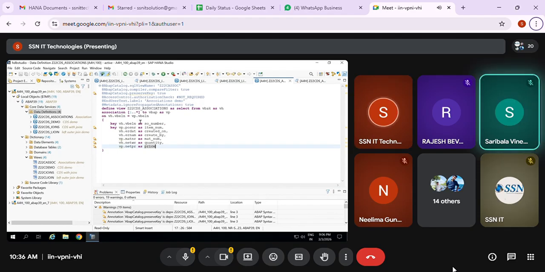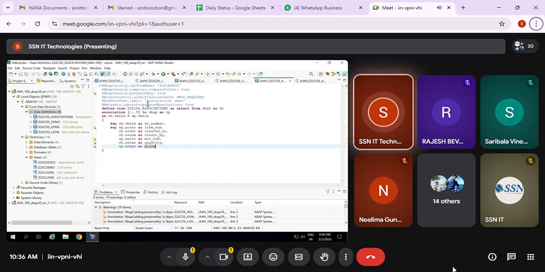Yes, ma'am. Even though it is joins, associations are joined, but I'm fetching only VBELN and NETWR. It won't combine VBAP and get the data. It will get only from VBAK. But in case of joins, if I'm writing the same select with VBELN and NETWR, even though you want only VBAK's two fields, it's going to combine both the tables and get the data from that, and it is going to show you the VBELN and NETWR.